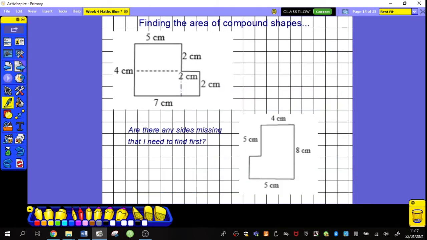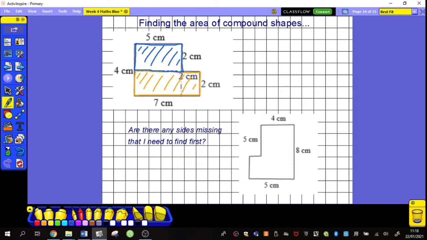So, finding the area of compound shapes. First thing I'm going to do is split my compound shape into easier parts, because finding the area of the whole thing is very difficult. So I'm going to split it into a yellow part and a blue part. I can see that I now have two rectangles that I can calculate the area of